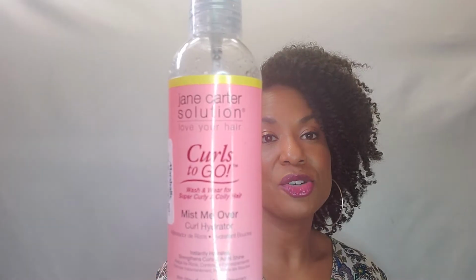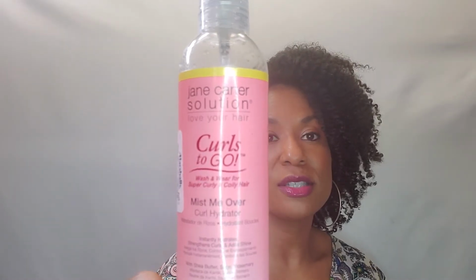Speaking of refreshers, Mist Me Over Curl Hydrator from Jane Carter Solutions. From the Curls to Go line, this is the line in the pink bottle. You'll recognize it as pink, and it has the sunflower on it that they put out for coily and kinky hair. And this one is another Marshall's buy. I found it for $6.99 in there,